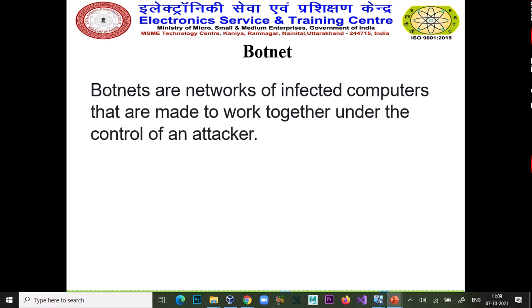Different people sitting in different locations all across the globe work for a hacker. In most cases a botnet is very useful to perform DDoS, distributed denial of service attacks.